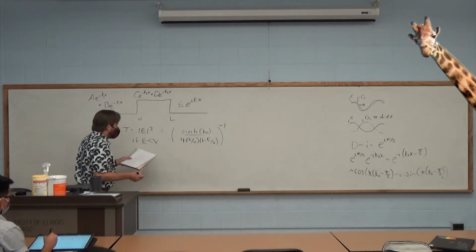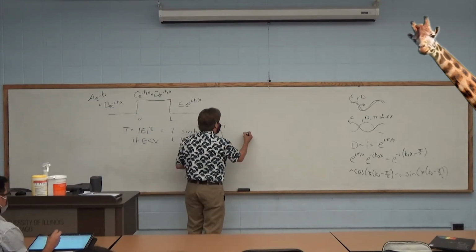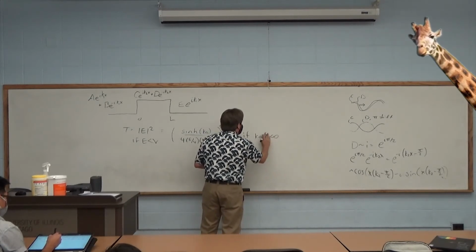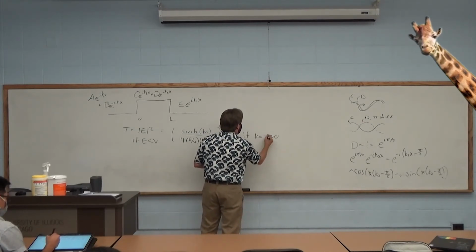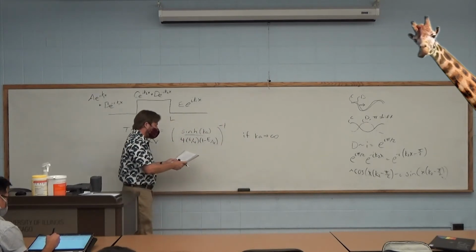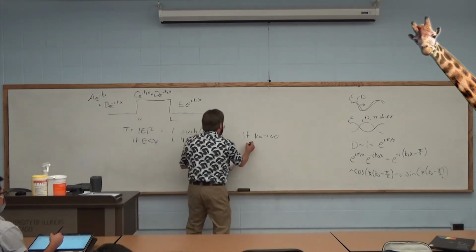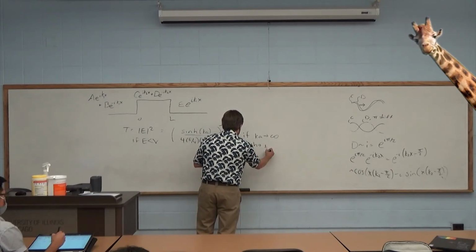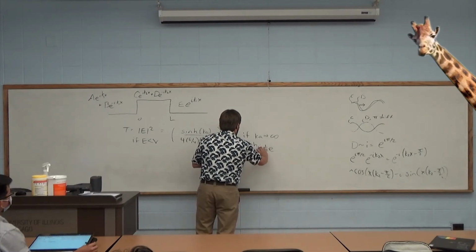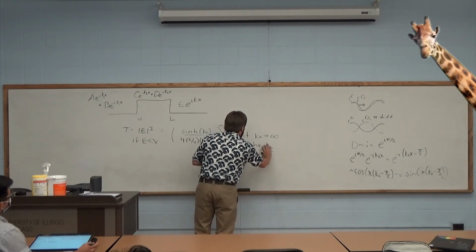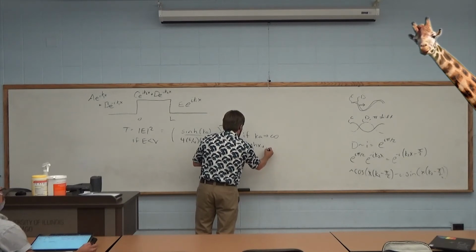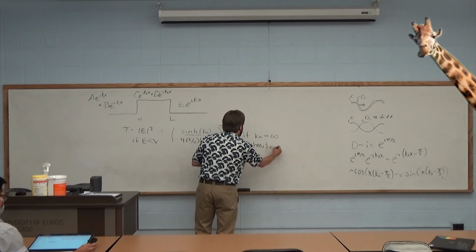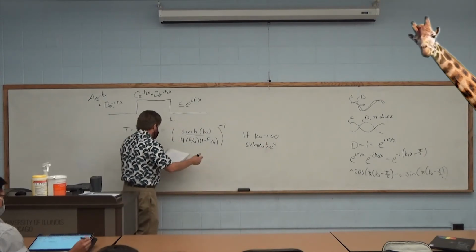Now, one thing that's kind of interesting is if the barrier is very long, so Ka goes to infinity. You can make an approximation to this. You can say sinh of x goes to like 1/2 e to the x. So anyway, this turns into